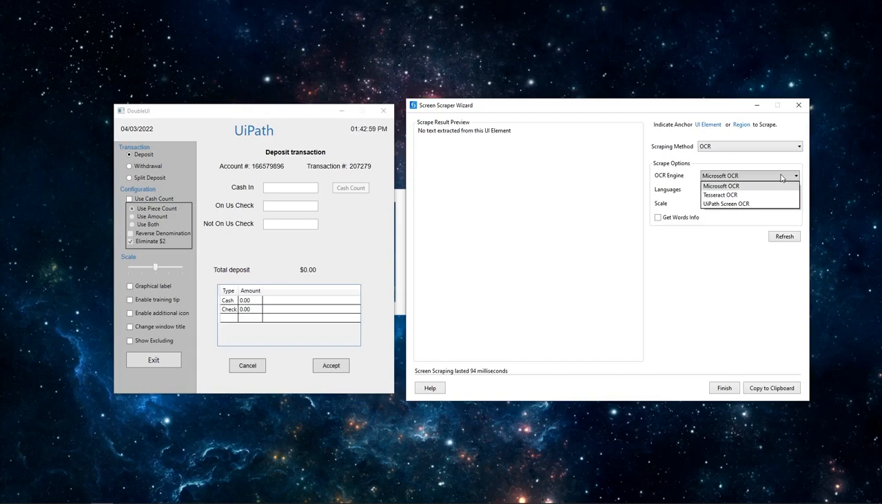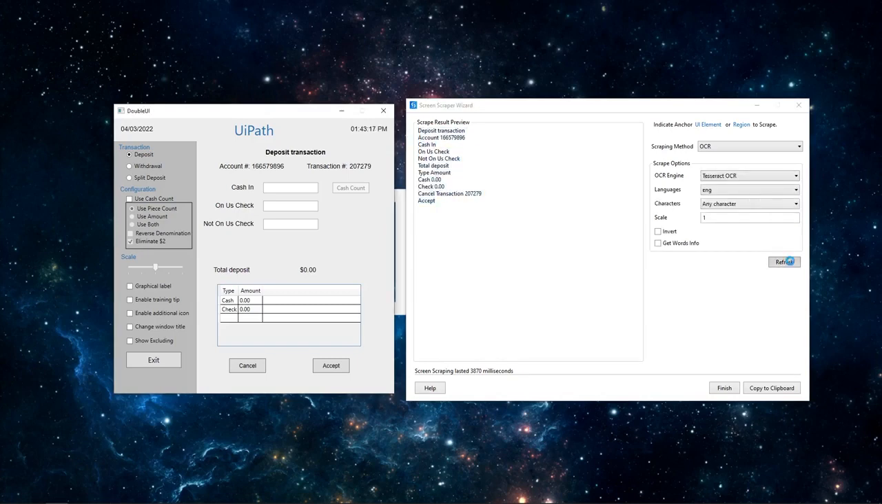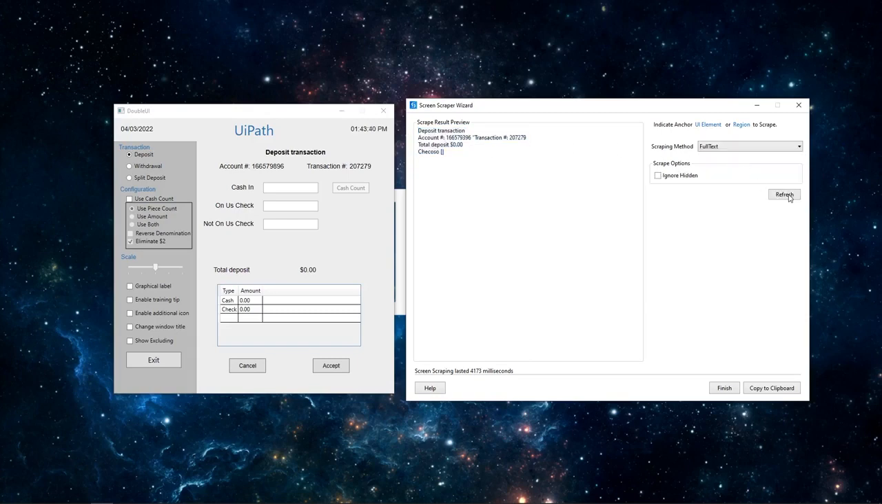The OCR method treats the indicated area as an image and tries to read the text. We can try out Microsoft and Tesseract options to identify which output has the highest accuracy. As we can see, the text identified with these OCR engines is not 100% accurate. Note that it is recommended to use OCR as the last resort or when we don't have access to the UI elements. In our case, since the full text method retrieved the correct text, let's choose it, hit refresh, and